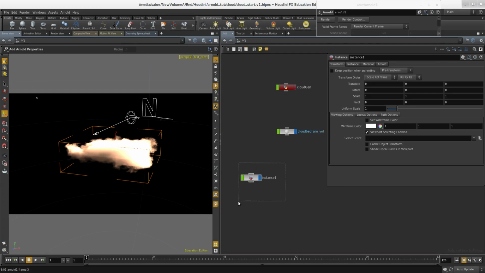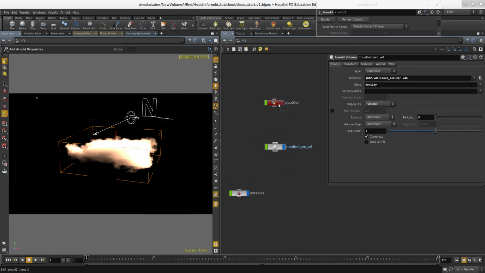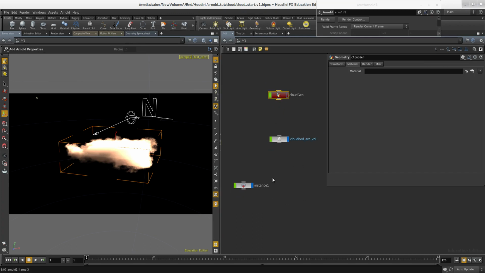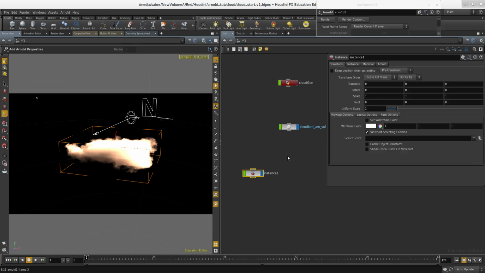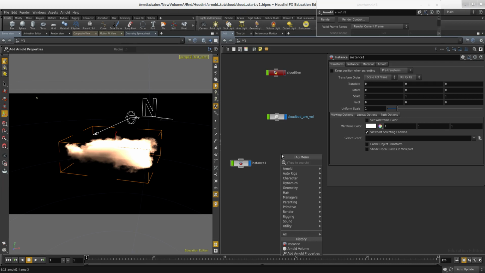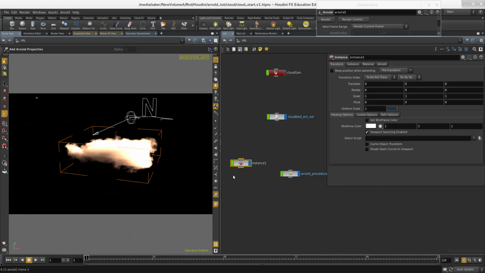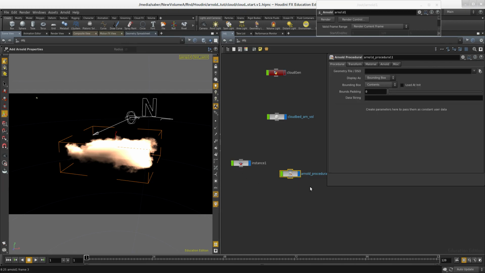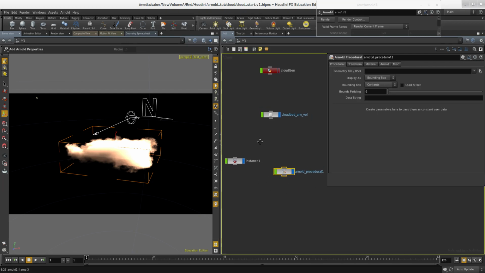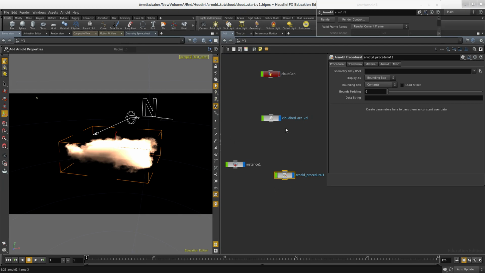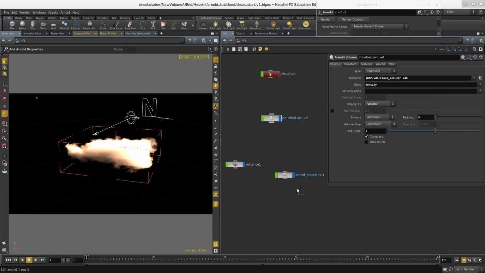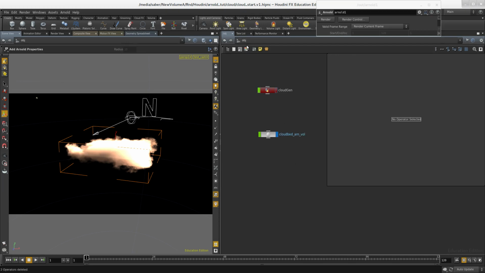But for us to instance anything, we have to convert it to an .ass file. We cannot use anything that is live from Houdini. We have to first export it to an .ass file, which is the Arnold scene file, and then use an Arnold procedural node to read that file again, and then use the instancing to copy this node. So we have to first convert our cloud into an .ass file, and to do that we have to use